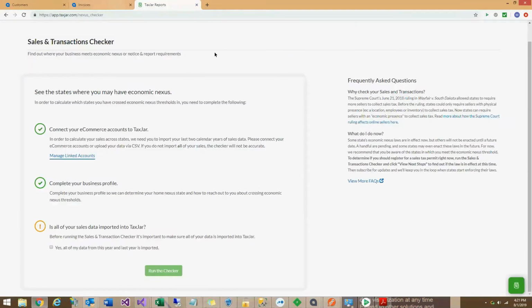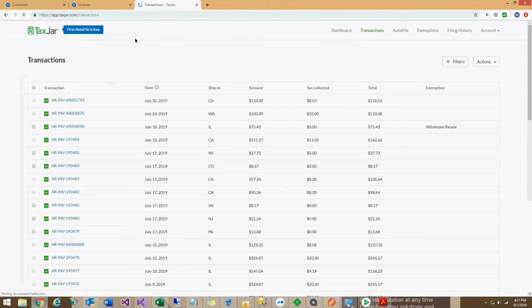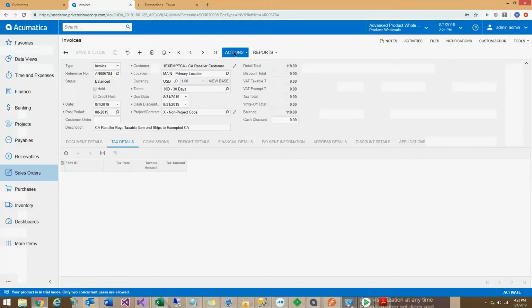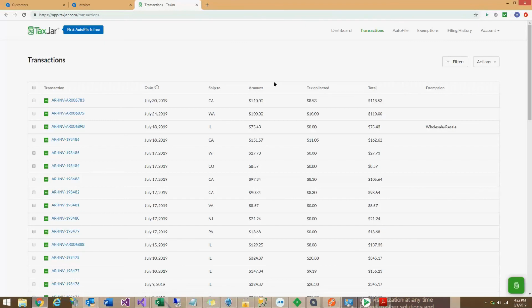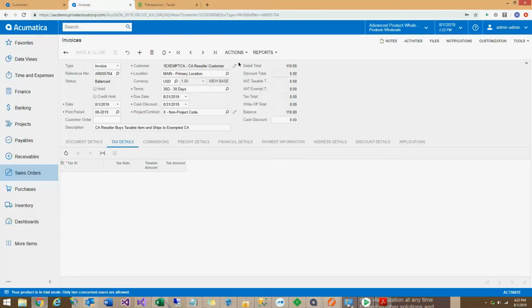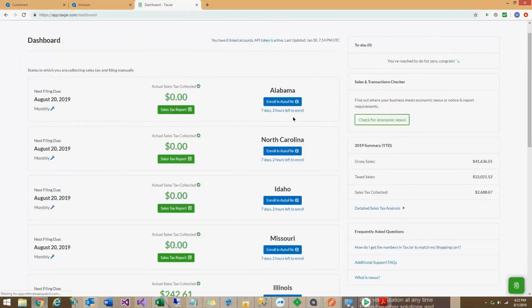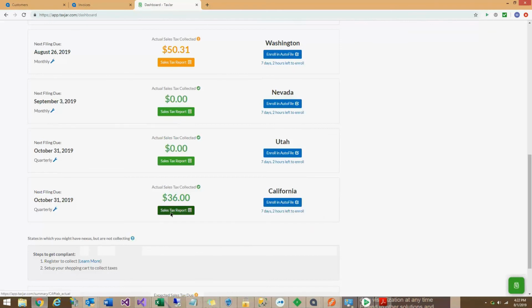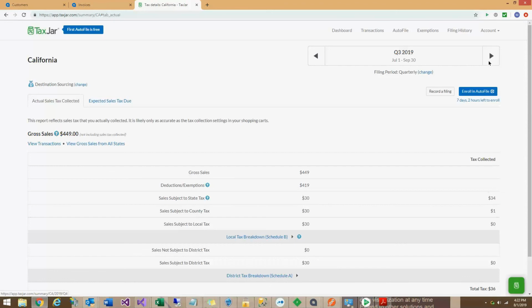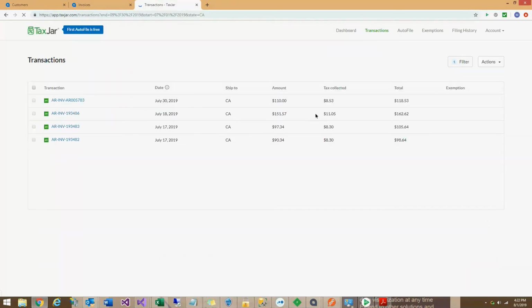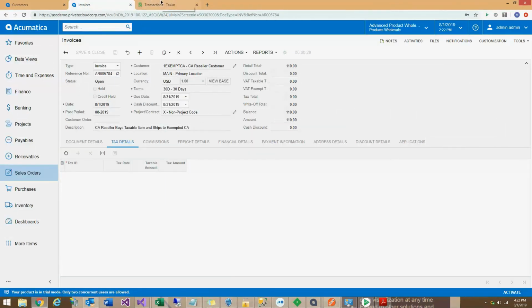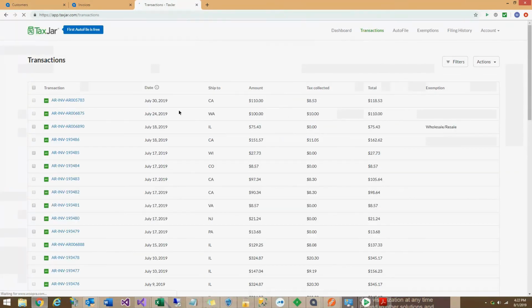So now we look at this and we can see that we have no sales tax. And if we go to TaxJar, look at our transactions, I should see, well, I guess we should probably release the invoice. That would probably help us. So we're looking at 5874. You can see 5873. I'm going to go ahead and release this invoice and come back to TaxJar. And we'll look at our overall dashboard for California. Let's look at our sales tax report for our transactions. Okay, transactions, and